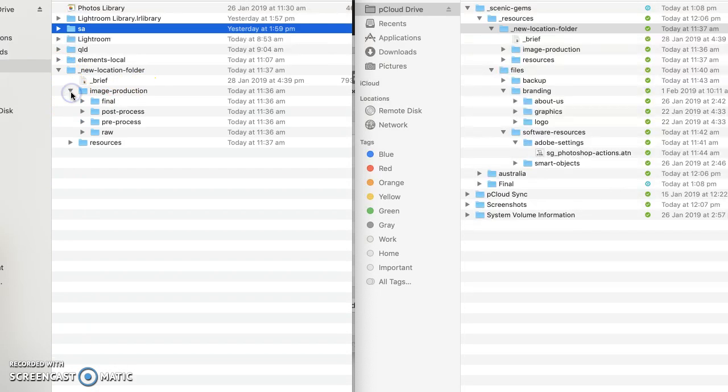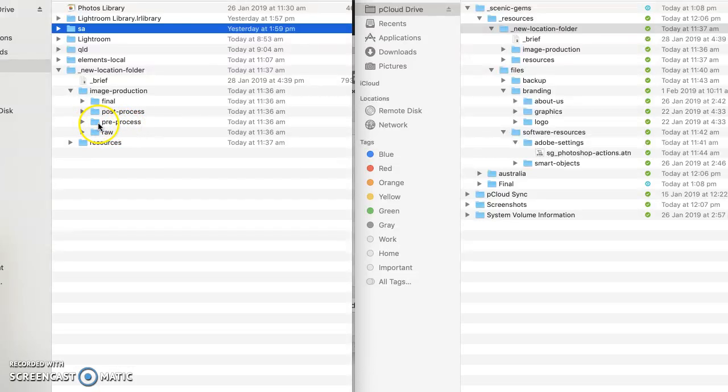And in image production, I may fill up this raw file with, if I'm a photographer out on the road, I might be filling this raw file up with photos. Now, as you go through the production process,